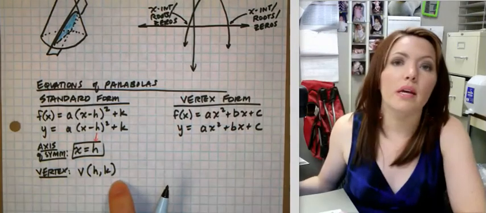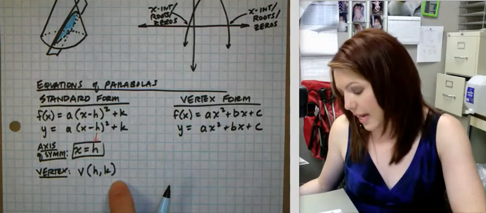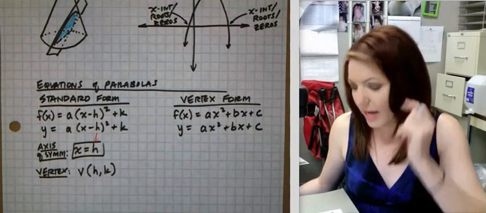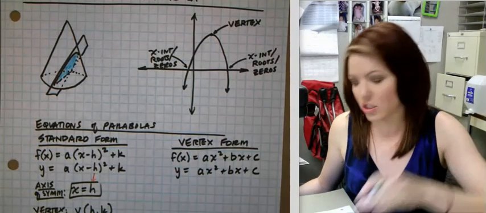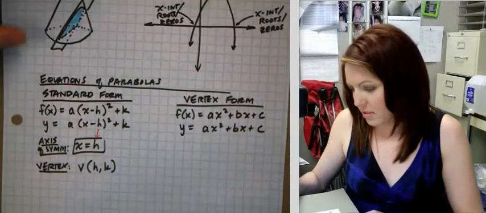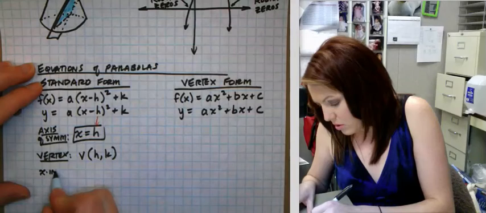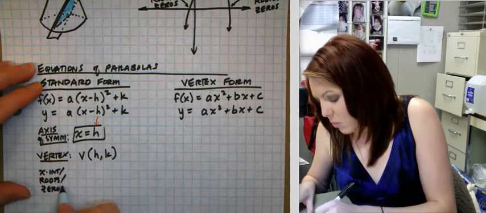So again, we have gotten really used to seeing that with ellipses and circles and hyperbolas. The center of each of those different conic sections was at hk, but we don't have a center here, we just have a vertex. And that's the place where it changes inflection. So axis of symmetry. Now, the x-intercepts and roots, so x-intercepts, roots, or zeros,